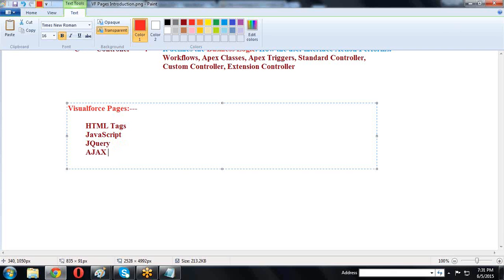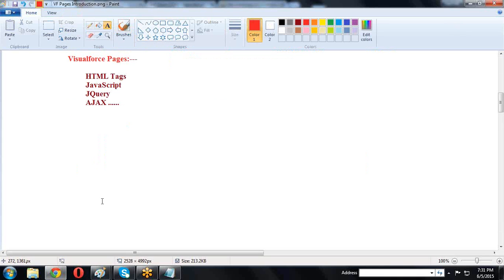Like this, it allows a number of browser supported technologies. Whatever we can execute in the browser without a server, all these technologies are supported by default in the Visualforce pages. Visualforce pages are similar to HTML, and Visualforce tags are allowed as extra, along with HTML, JavaScript, Ajax, and jQuery.